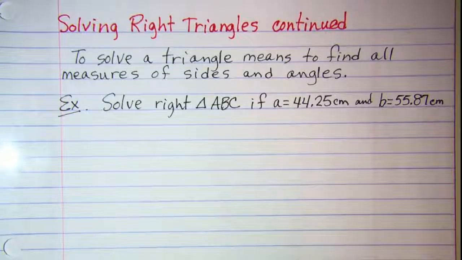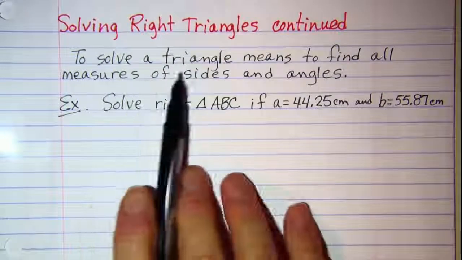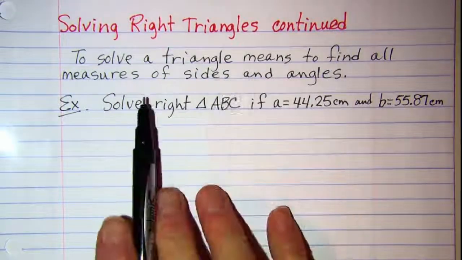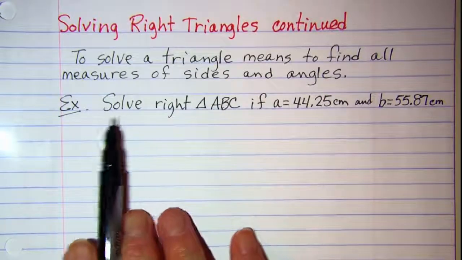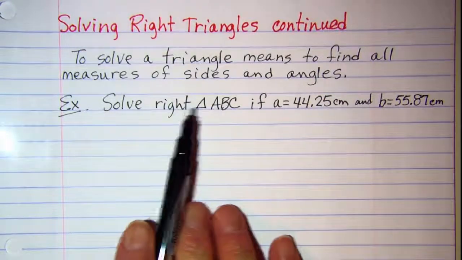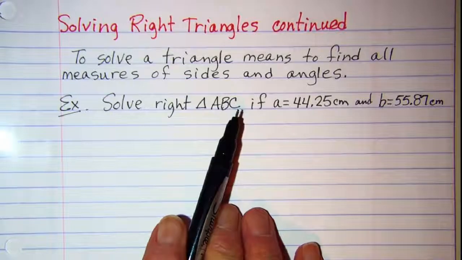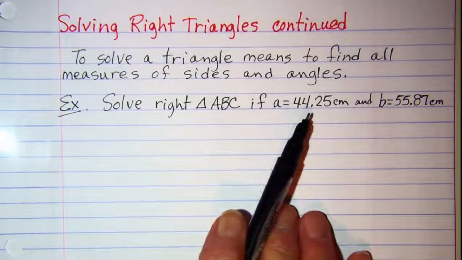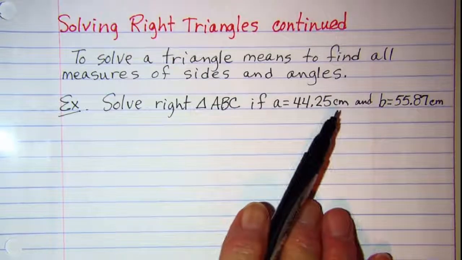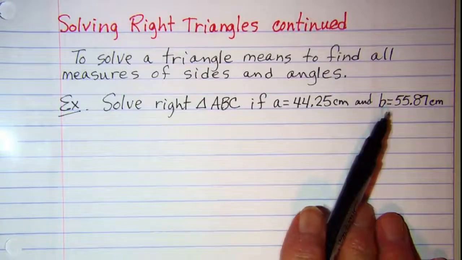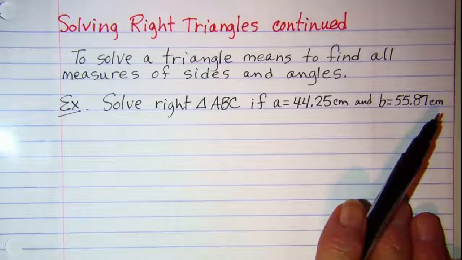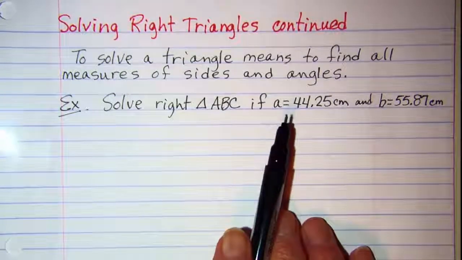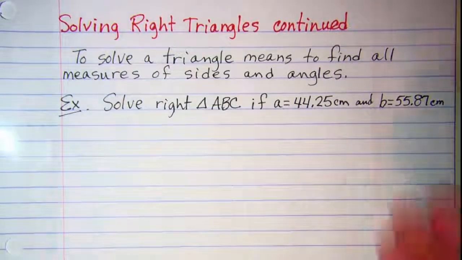In this video, we'll be solving some more right triangles. To solve a triangle means to find all measures of sides and angles. The example that we'll be doing is to solve right triangle ABC if side A measures 44.25 centimeters and side B measures 55.87 centimeters. Now the first thing I would do before I draw a sketch is to notice that